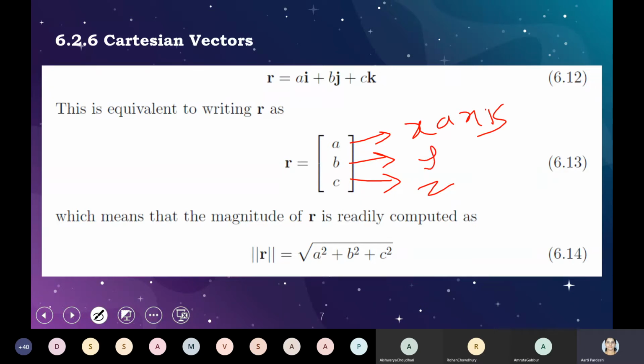But Cartesian says if it is not unit, then it has to be some different value. So it can be any point value, or it can be in terms of the thousands value, hundreds value, it's okay. Whatever value is there, take it like A, B, C. How to calculate the magnitude? It is one and the same. That is nothing but the square root of A square plus B square plus C square.